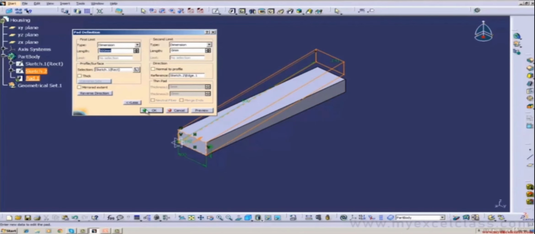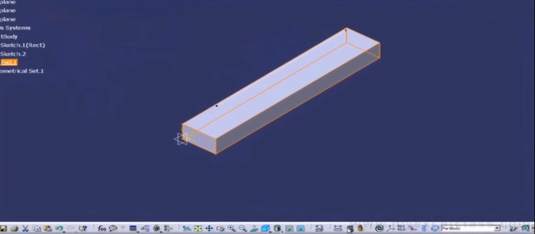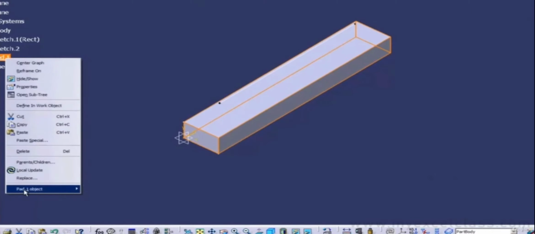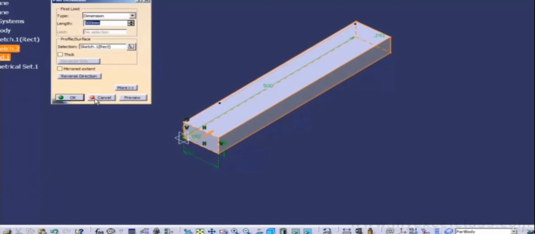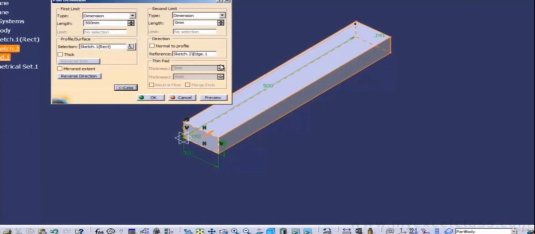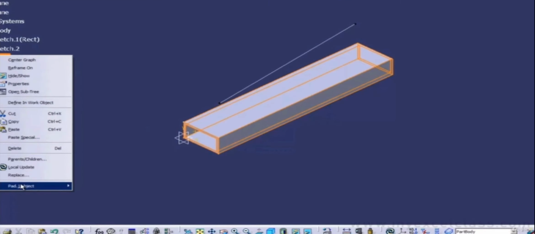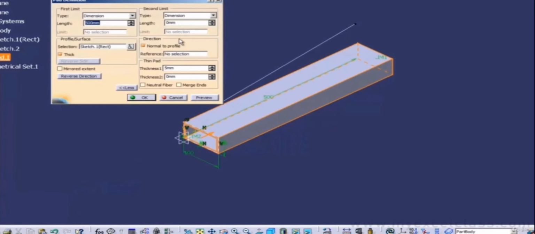Update it and just check it again and change the definition. Make it same as before by going to the thick section. If you want to do alteration in the thickness, then you can make it. I want to shorten the length of the pipe by 200 mm.